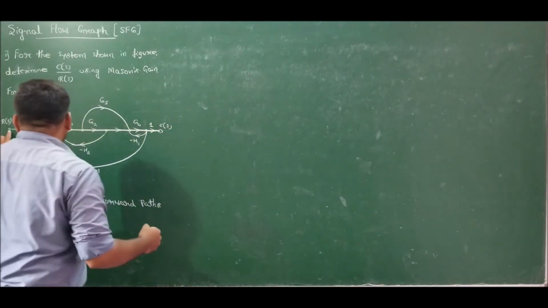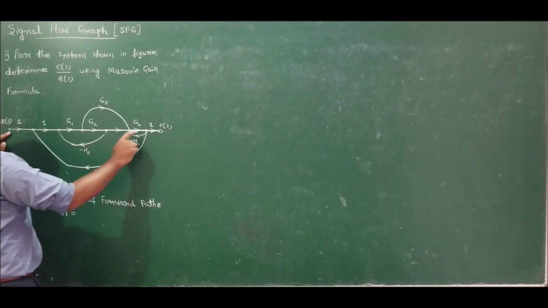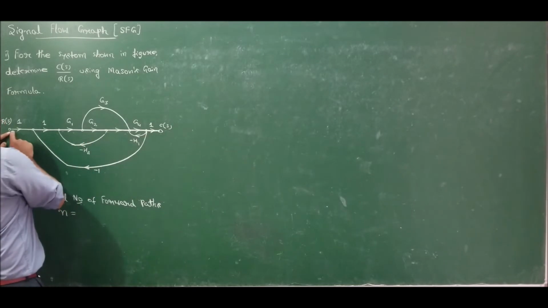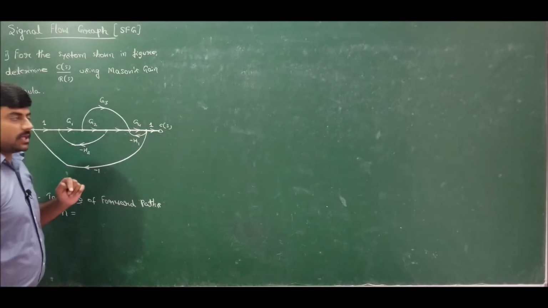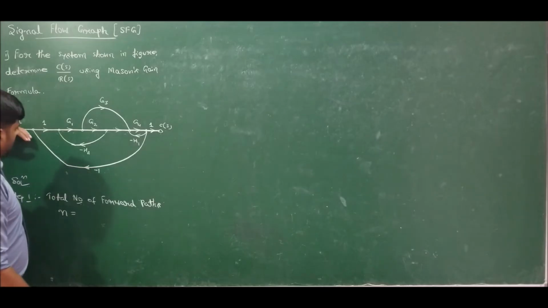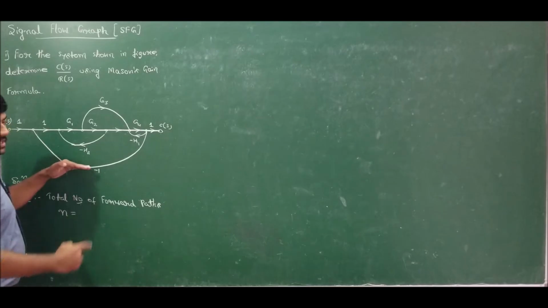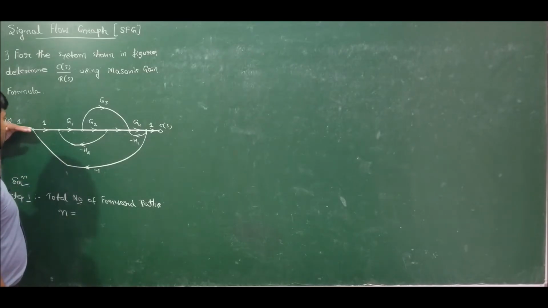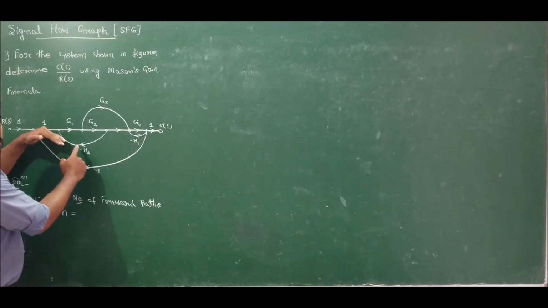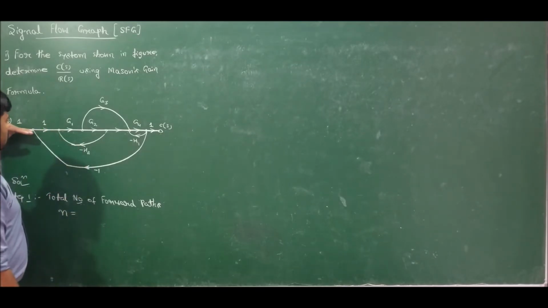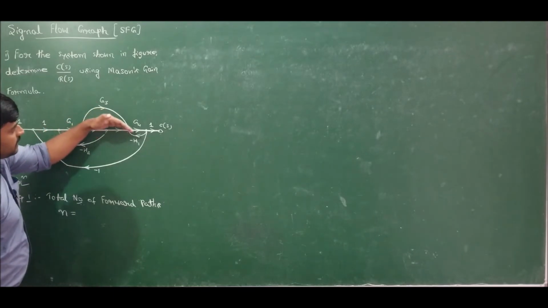So therefore this is R of S. From here if I start, I will go like this and I will reach the destination. So I have one path like this, the straight line is the path number 1. Now you check any other paths are possible. If I go like this, I can't go because your signal is coming in opposite direction. So this is invalid, this is not the forward path. Now if I take a turn here, again the signal is coming in opposite direction. So this is not the forward path. Next I will take this path. So this is forward. So therefore I will go like this and I will reach the destination.